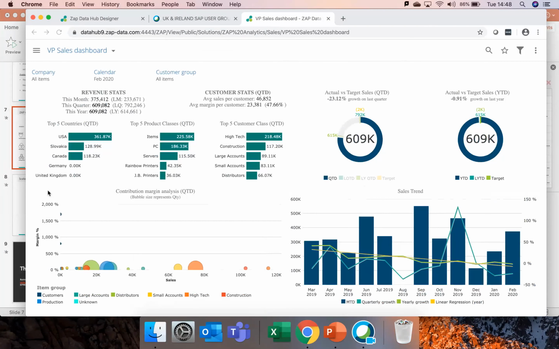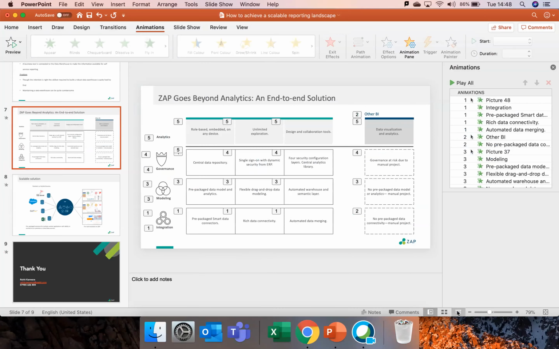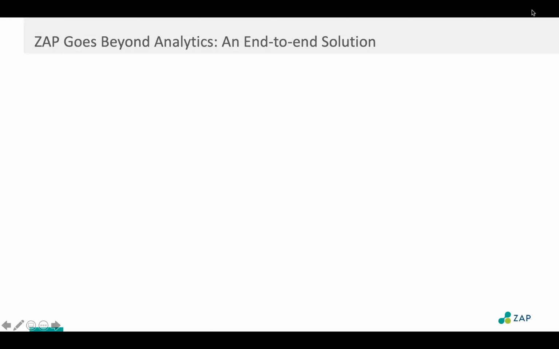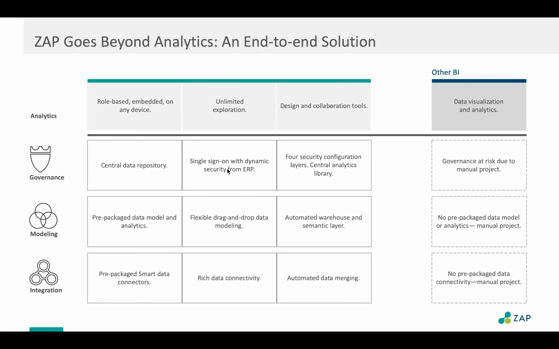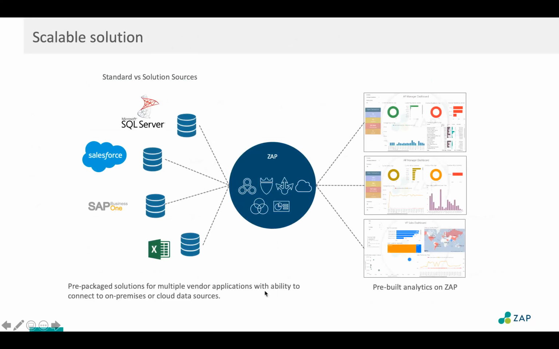And whilst people are doing that, if I go back here, just to complete the journey for you, essentially the integration, the modeling, governance, why we're doing this analytics, this is what fundamentally it is. You've got your sources of data, you've got SAP in between, the data warehouse, the data management tool, and then your BI.